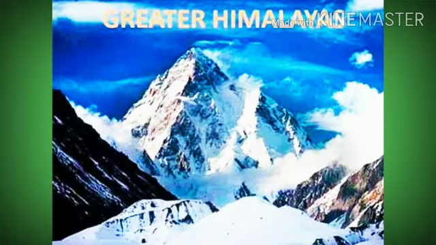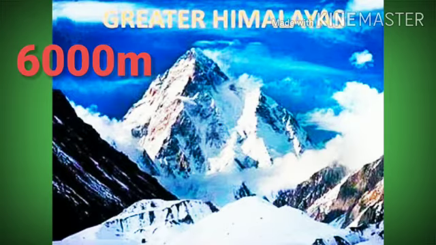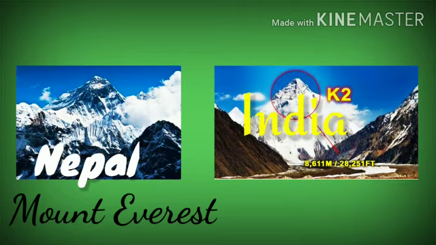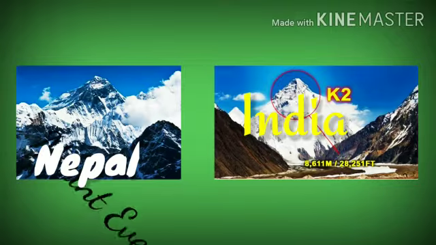Several valleys lie between these ranges. The Himadri is also called the Great or Inner Himalaya, and it is the northernmost range of the Himalaya. This range is a single unbroken line with the highest peaks, and the average height of the peaks is 6,000 meters. The important peaks located in the Himalayas are Mount Everest, the highest peak, located in Nepal, and K2 Godwin Austen, the second highest peak, located in India.